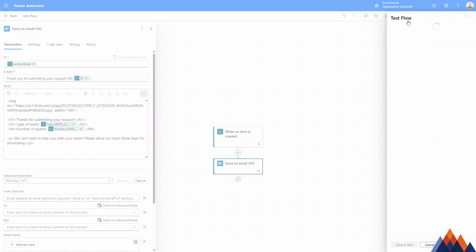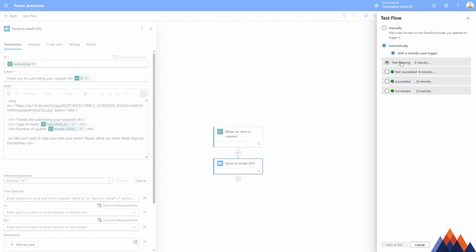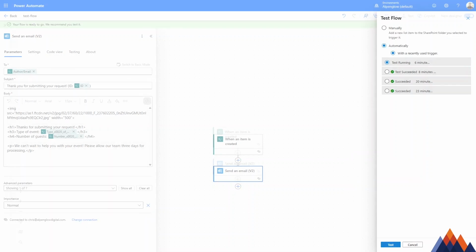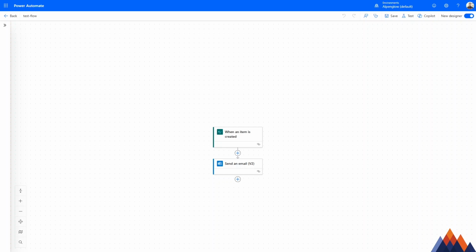So I'm going to test. I'm going to do automatic. And the nice thing is it will automatically save your flow before it tests, so you don't need to click save and then test. And we're going to run this. Okay, so we ran that,